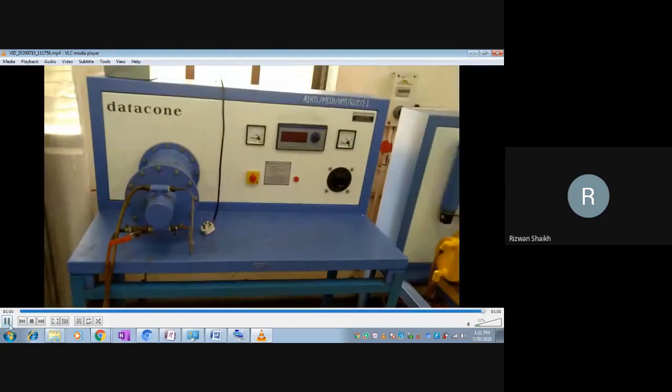Understood it? I just stop here so that I can get an overview. Okay. Now what I have to do is, can you see this red color knob? I have to first switch it on. Once the switch is on, I have to adjust the heat input to the heater, which is here, with the help of